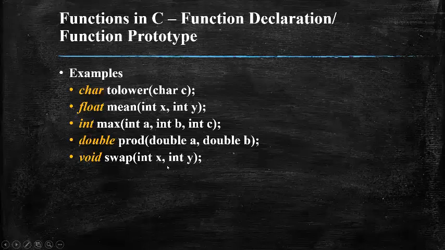And suppose, as I told you, this list of arguments that we are trying to pass can be optional. Sometimes your function may not accept input arguments. It depends upon the nature of the requirement that you are trying to write the code for. So here, for the first example, the function accepted one input argument. In the second example, to find the mean, it accepted two input arguments. And in the third example, it accepts three input arguments